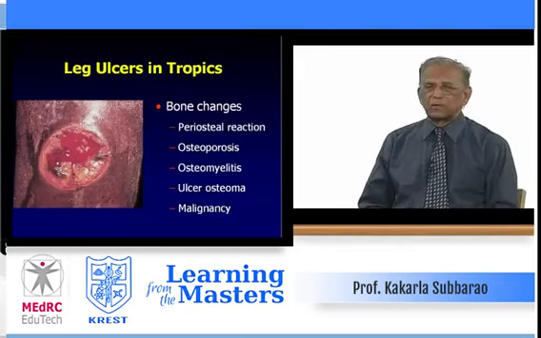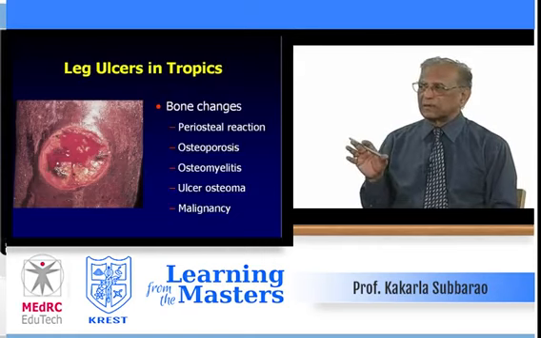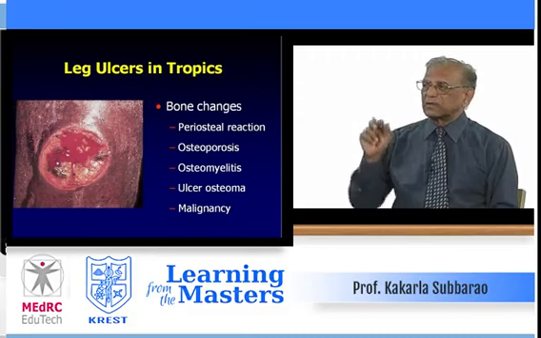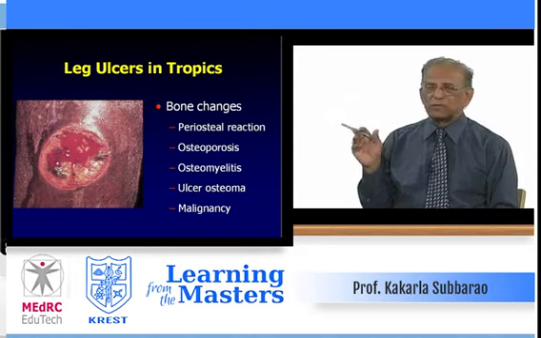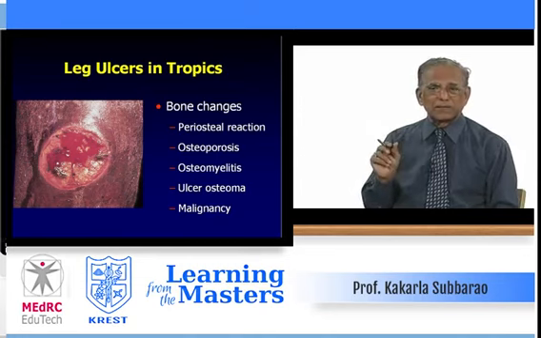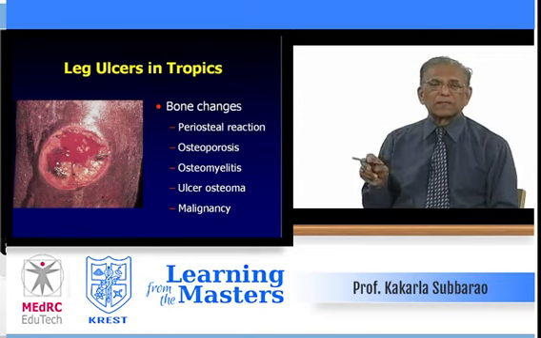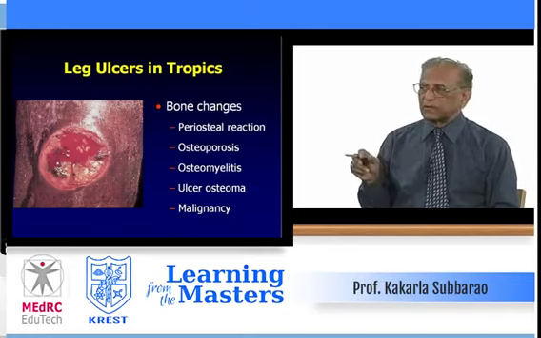Another, the so-called tropical ulcer of the legs. Vincent group of organisms. Look at the chronic type of ulcer, with some maggots, it is so chronic. And then bone changes, what are the underlying bone changes? Periosteal reaction, generally it is not a thin linear periosteal reaction, because it is chronic, a thick type of periosteal reaction with